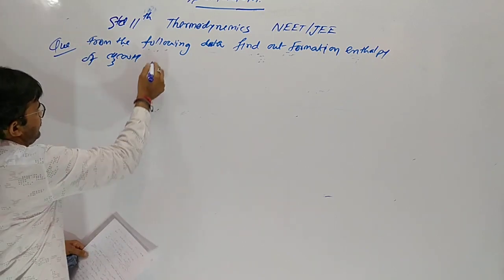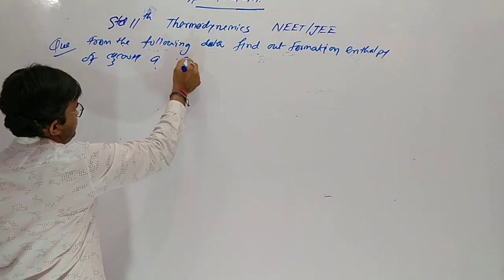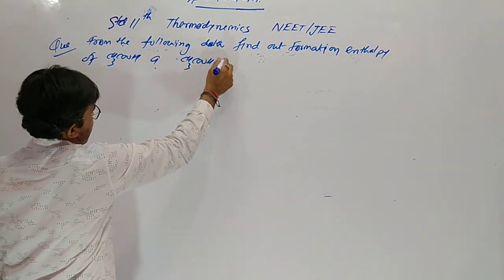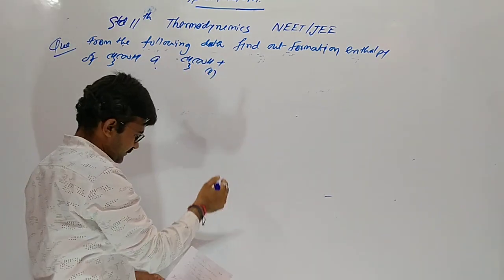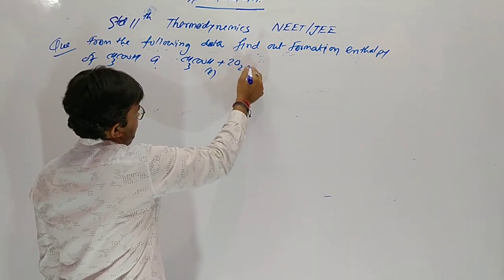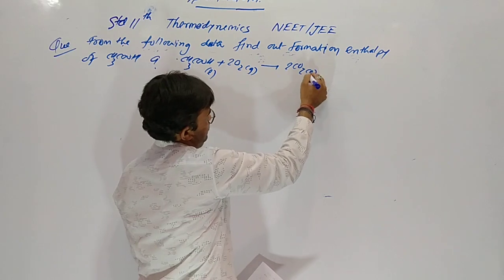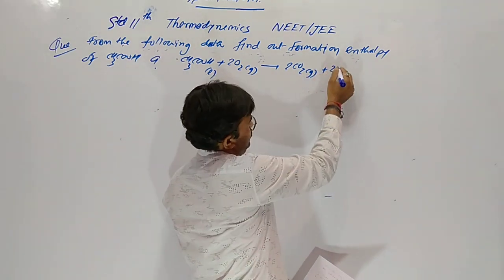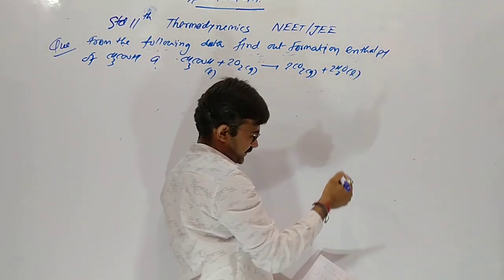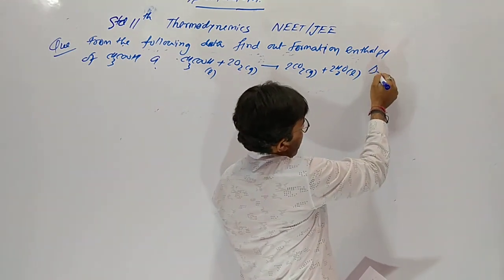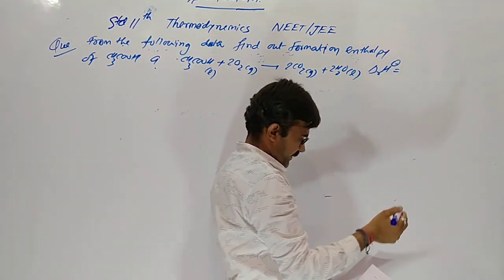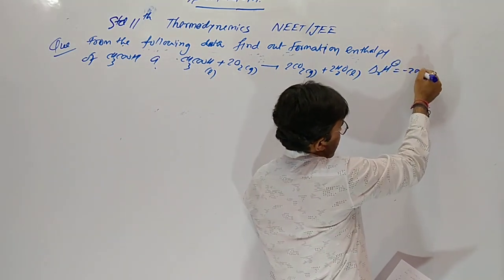Here data is given. A, CH3COOH, which is liquid, plus 2O2 gas gives 2CO2 gas plus 2H2O liquid. So here reaction enthalpy is minus 200